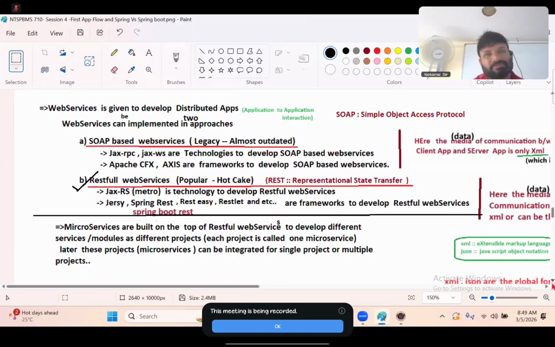What is the difference? In SOAP-based web services, the data exchange format is always XML. Apart from XML, nothing is allowed. But nowadays, XML is outdated or not there day to day, guys. Super. In RESTful web services,